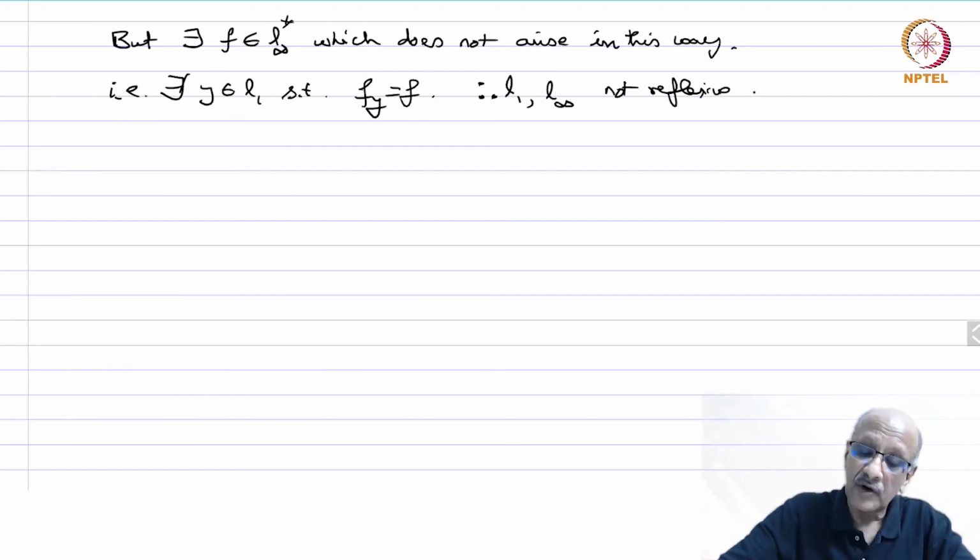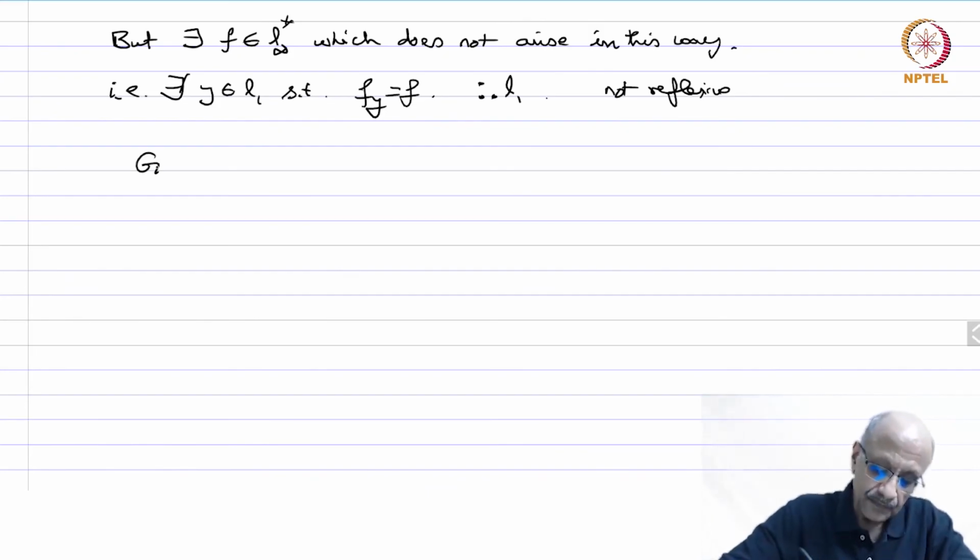So L1 is not reflexive, sorry. This shows that L1 is not reflexive. And later we will see that this also means L infinity is not reflexive. So we want to produce a continuous linear functional on L infinity which will not come in this way. So let us take